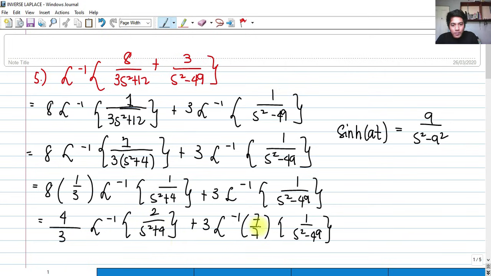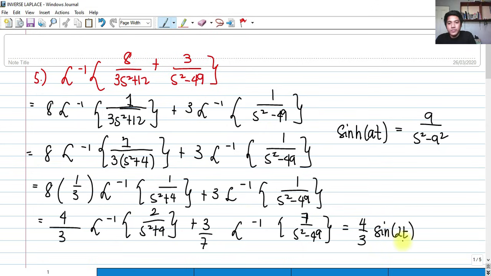And again, this 7 over 7, I can let this 7 inside here, and be left with 1 over 7. This 1 over 7, I can factor out of the inverse Laplace. So that would be 3 times 1 over 7, 3 over 7, inverse Laplace. Now I can easily get the inverse Laplace of this. That is 4 thirds sine, where the value of a is 2, so sine 2t, plus 3 over 7,